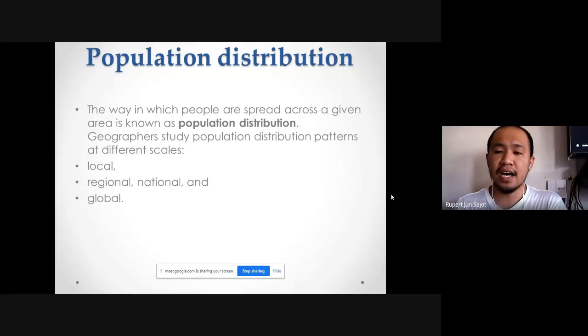This way, the country can monitor the growth of its population, maybe quarterly, maybe annually. Also, local and regional offices of the NSA would coordinate to the national level to get the accumulated number of the population distribution in the Philippines. And in a global sense, we are being compared also to quite a lot of countries who have an exponential growth